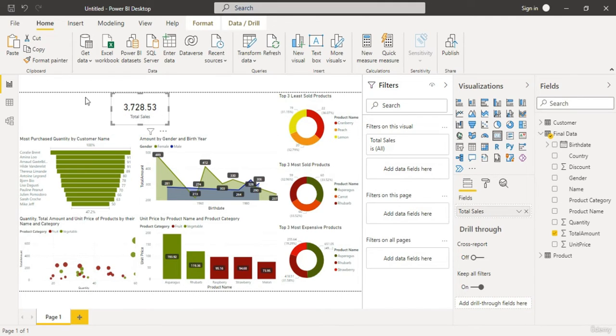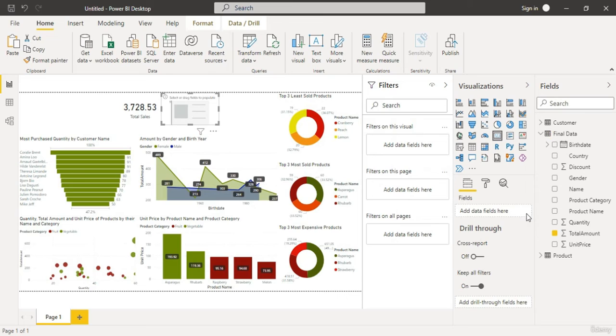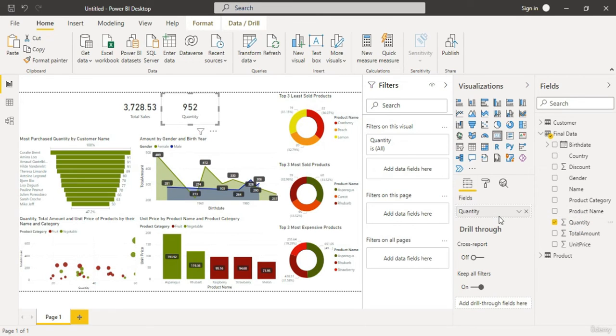Just like this. And what we are going to do is copy this visual and paste it. The reason we are doing this is because the formatting that we have done is looking pretty good, so we are just going to go with those formattings. Now we have got the total sales. Let's get the total quantity of the items that were sold. So let's get the quantity. That's 952, and instead of quantity, just get total quantity